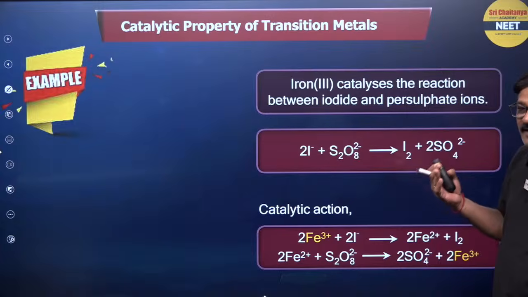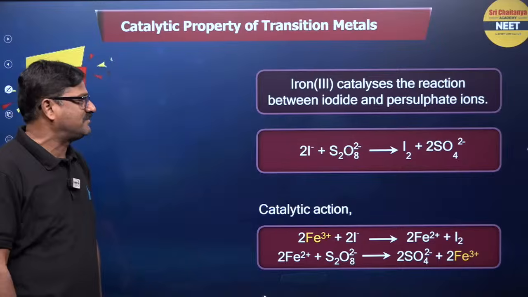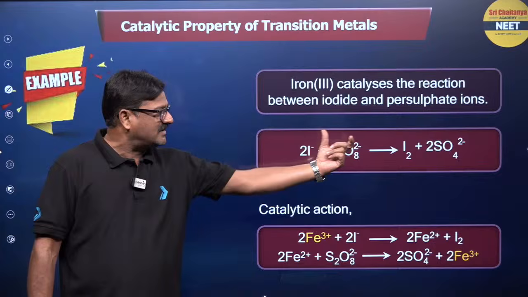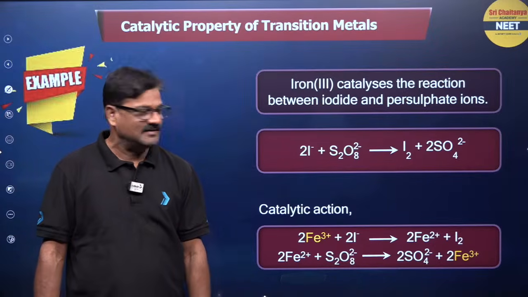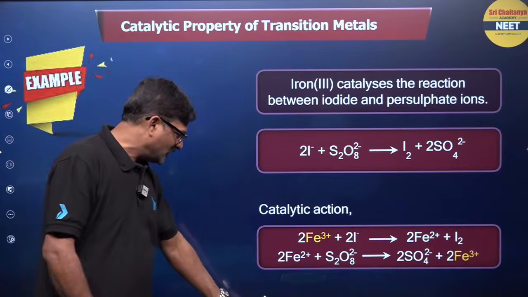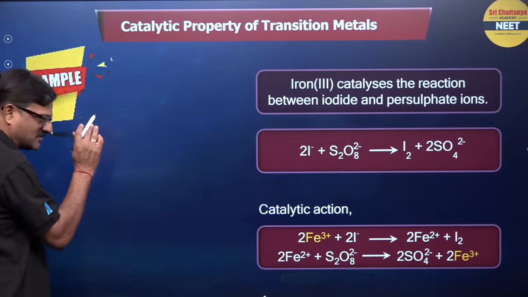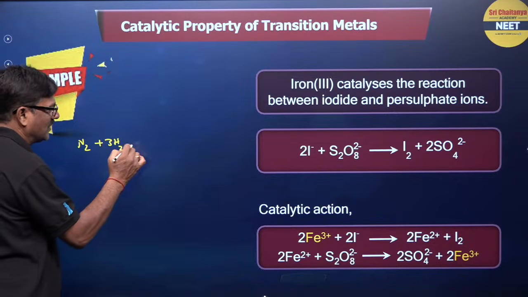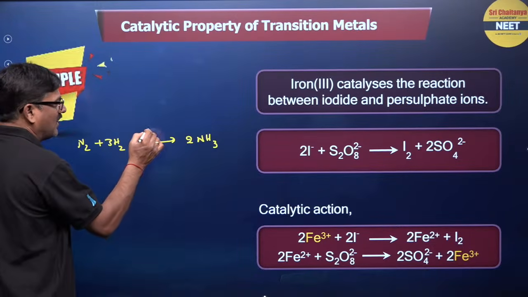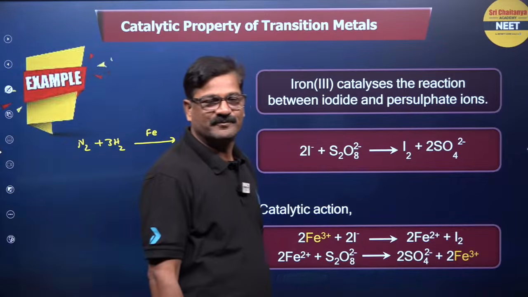And they have catalytic properties, like iron(III) catalyzes the reaction between the iodide and the persulfate, where persulfate is converted into sulfate. And catalytic reactions, I don't want to show you the mechanism, but you can see N2 plus 3H2, let us simplify the things, gives rise to NH3. You can use iron as a catalyst in Haber's process of